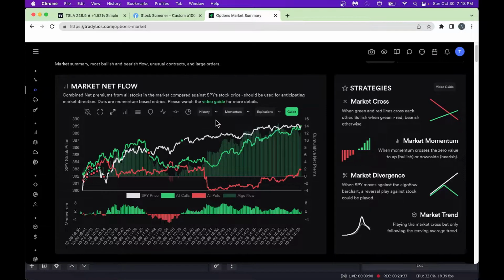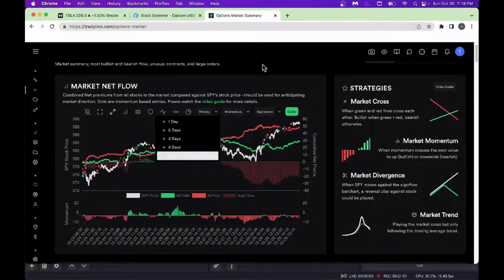And if you want to look at how the market did in the past, you could always go 3 days back, 2 days. You can look at more history here. For example, if you're not interested in just 1 day, you want to look at maybe a 5-day history, you could look at this one here. Now you got a 5-day history. It kind of helps you to back test your thought process here.